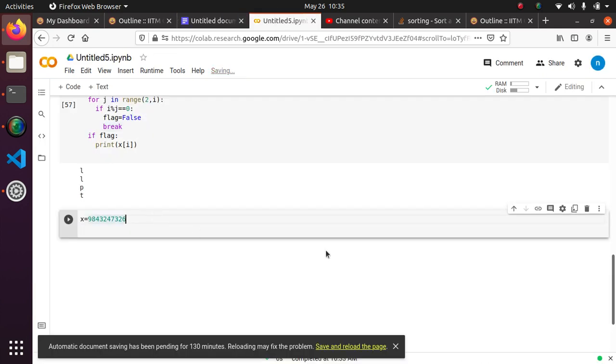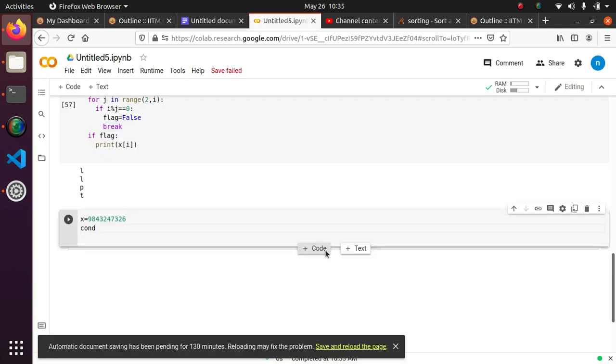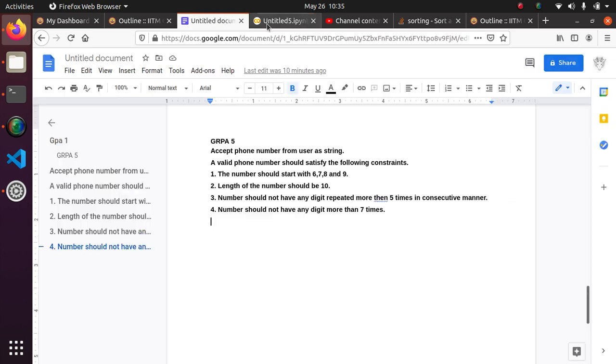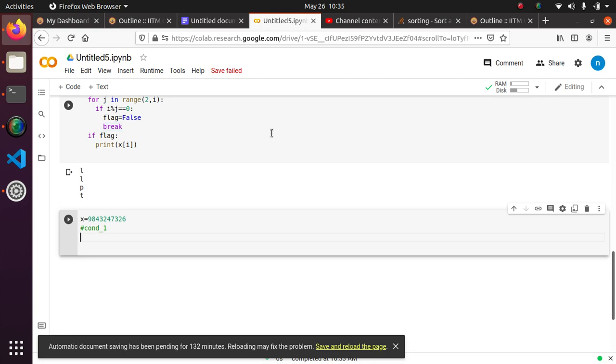Okay, so let's go for condition 1. Hashtag condition 1. So condition 1 is basically it should start with 6, 7, 8, 9. Okay, so how would we do that?